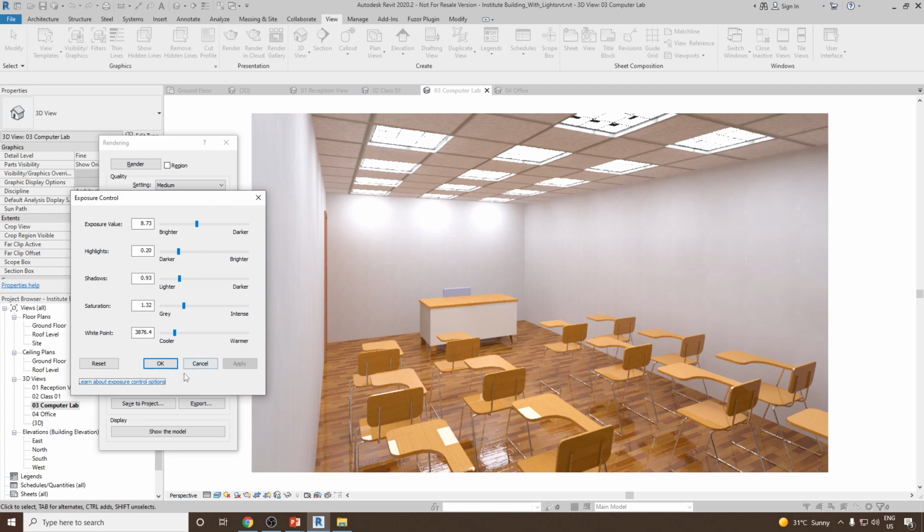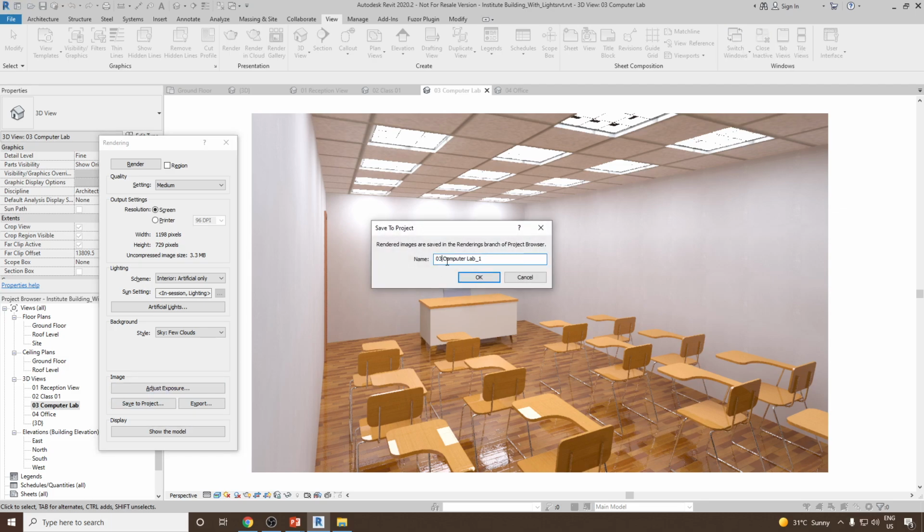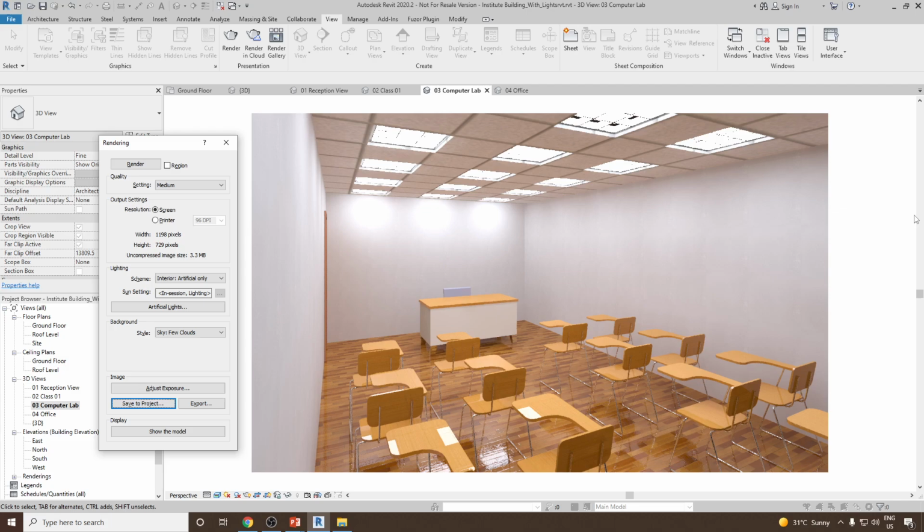Now remember, once you click OK and close this, the rendered image will go. So before you close this dialog box, you need to save it to the project, or you need to export it. Let's suppose I would like to save this rendered image in my project. For that, I can click on Save to Project, and it will save in the name of 03 Computer Lab _1 in the rendering tab in the project browser. I can save this, and also I would like to export my image as a PNG or JPEG file. So for that, I can click on Export,